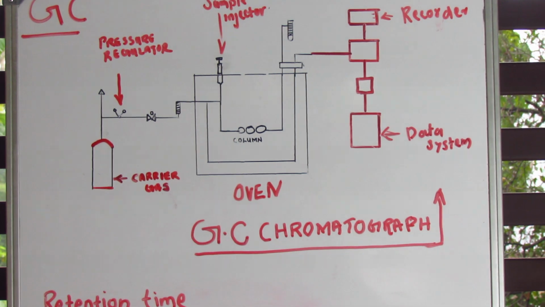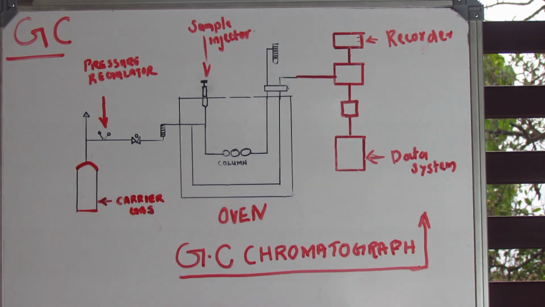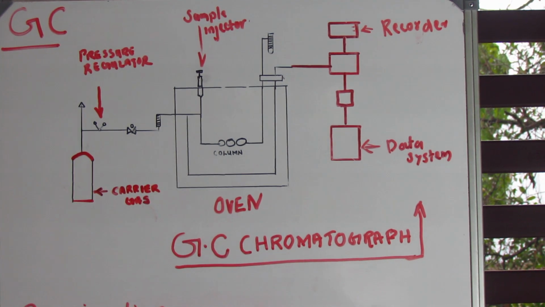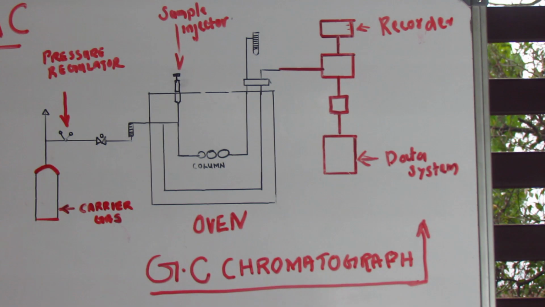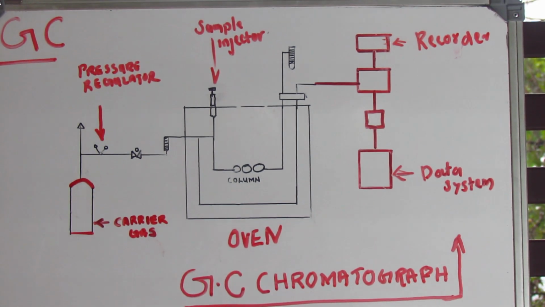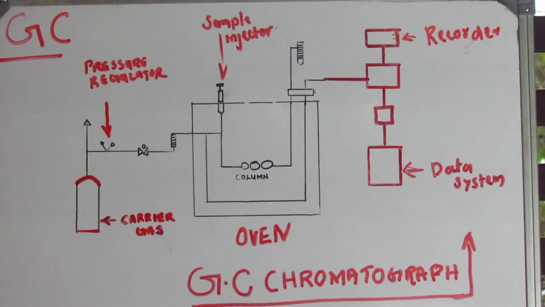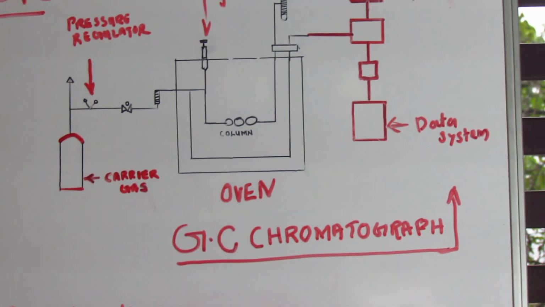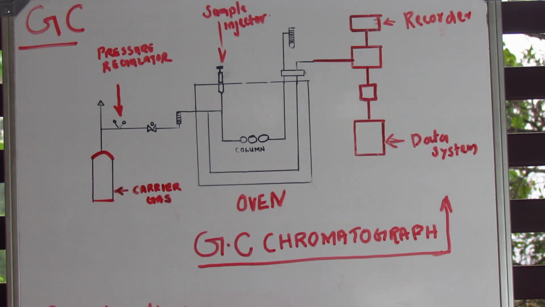The second application is that we can club this gas chromatographic method with other spectroscopic techniques like IR, NMR, mass, etc. for the identification. Combined with mass spectroscopy, it is used for the analysis of hydrocarbons, fuels, perfumes, chemicals, etc. Then it is used to study the extent of air pollution.